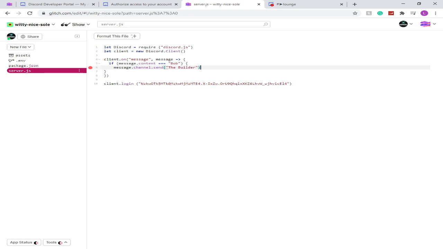Now go to your Discord server and type the keyword, and it'll